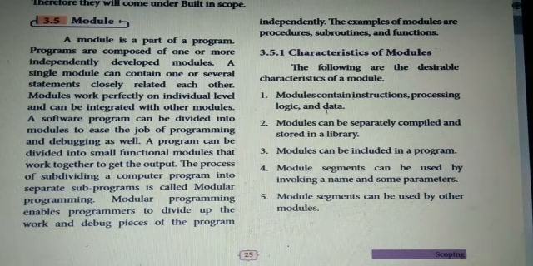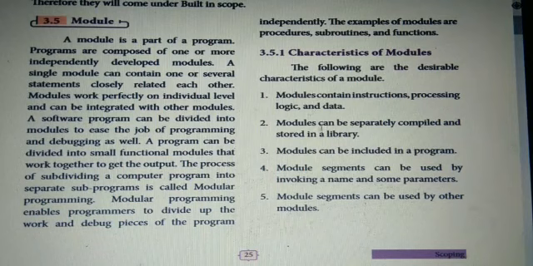Instruction is the programming code that performs a process, with the help of some logic, on the data. For example, in addition coding, A and B are the two data on which we perform the process. That is what we write as programming code inside the function. So modules contain instructions, processing logic, and data.